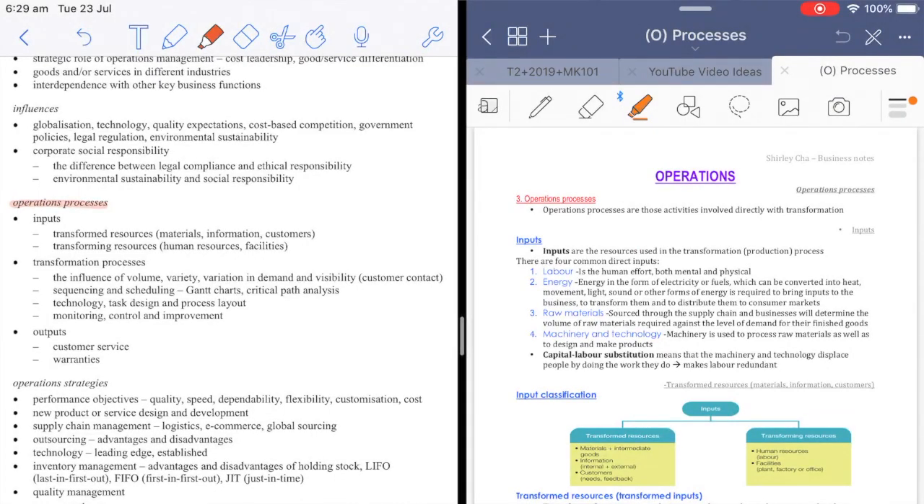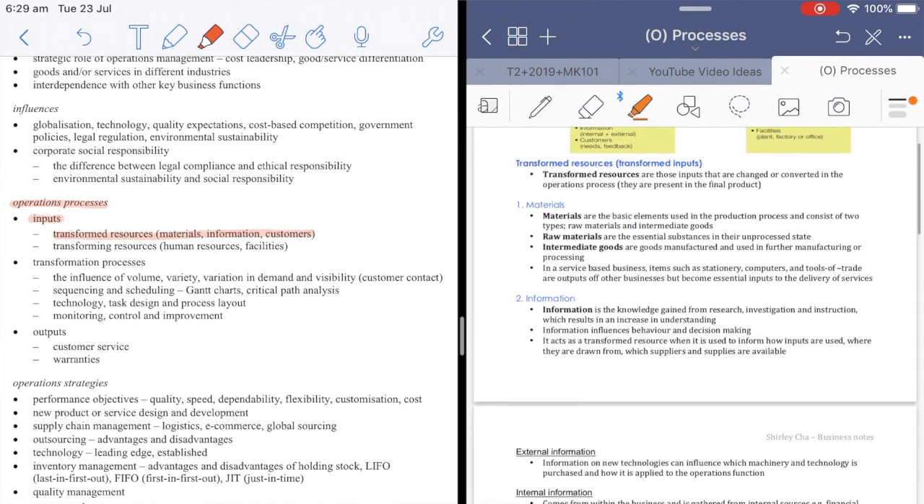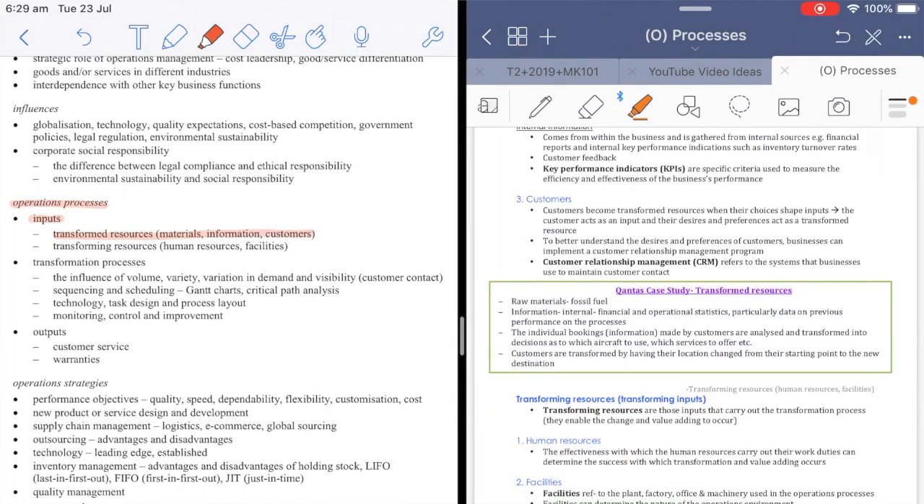So for every section of my notes, I'd make sure that I have the relevant dot point of the syllabus. So if we look here, I've got operations processes, then I've got the first dot point which is in the syllabus, which is inputs, and then under that I'd make all my notes relevant to the inputs section of that dot point. I just feel like it's good to incorporate your syllabus into your notes because one, it really helps